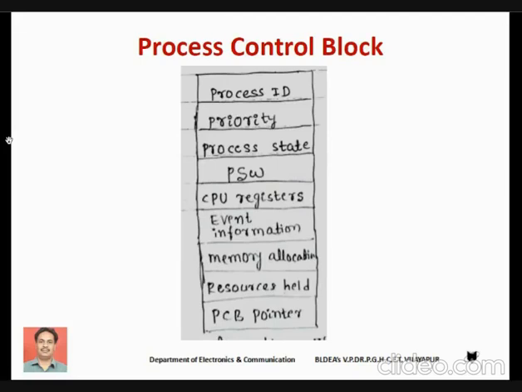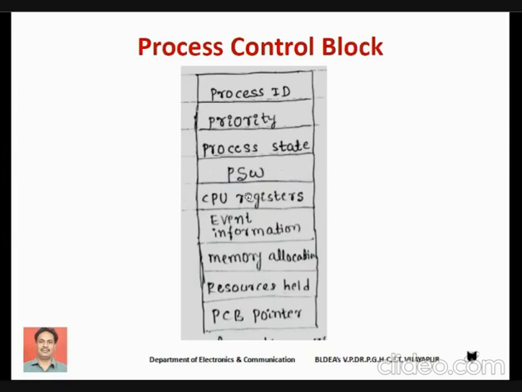About the process. So we have seen these different fields such as process ID. As the name itself indicates, it contains the unique ID of the process. It's a unique number assigned by the operating system on creation of the process. Then in the second field, the priority of the process is stored. Then process state, the current state of the process will be stored in this particular field of the PCB.